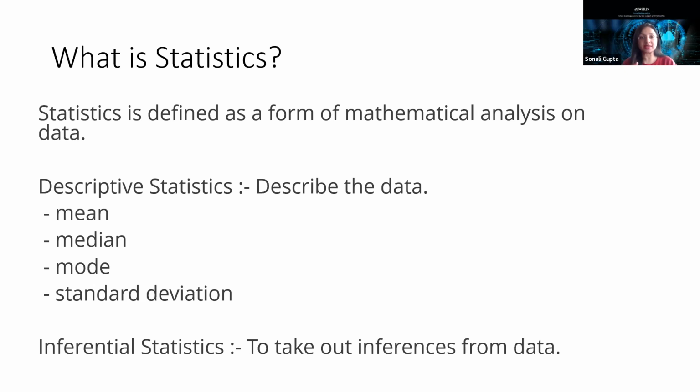So the statistics that we have given in the foundations is descriptive statistics. Although there is one more, that is inferential statistics, which is a part of statistics, and it actually gives out the inferences from the data. But we have talked more in the foundations about descriptive statistics that describes the data, because that exactly is what is required when we start cleaning the data and processing the data. So there are certain things that are part of descriptive statistics, and these are mean, median, and mode, and then the standard deviations. So what are these all about?